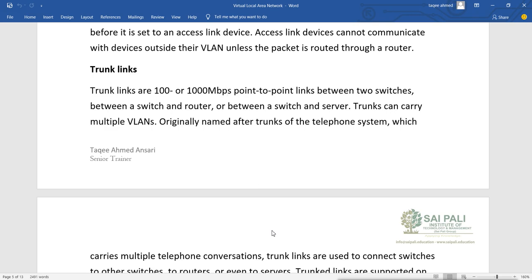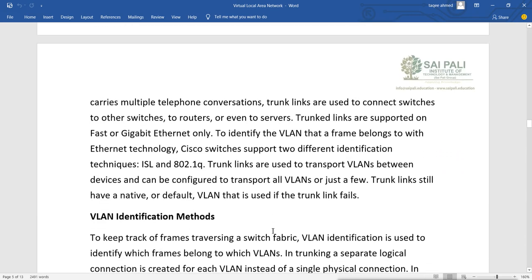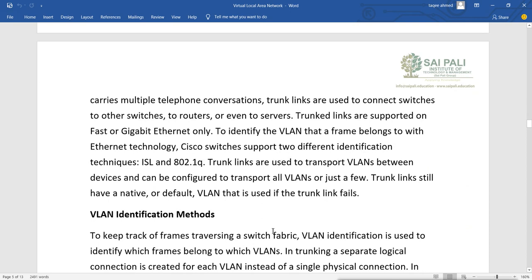So the link must be at least 100 Mbps, and it must also support a VLAN tagging protocol, ISL or 802.1Q. Now ISL is not used anymore. All the switches now use the 802.1Q protocol for trunk ports. It is a trunking protocol.